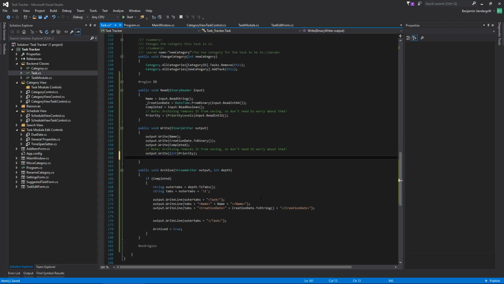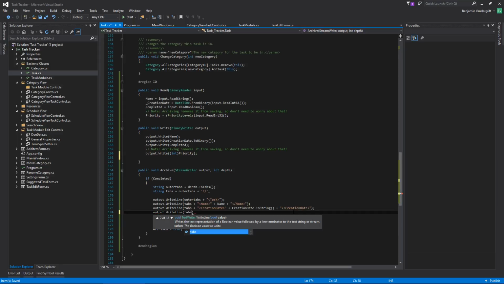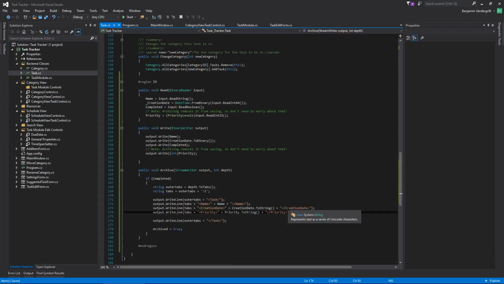Oh yeah, let's go ahead and add that here. WriteLine tabs plus priority plus priority.ToString plus priority, that. And then output.WriteLine